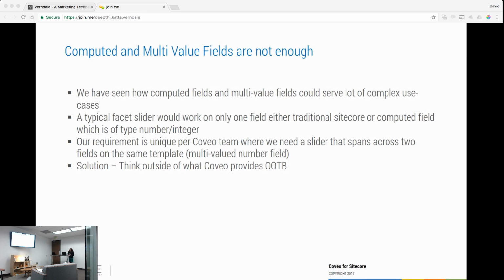The problem is that the facet slider can only accommodate one field, one number field, and that's pretty much it. It can't accommodate a multi-value field. In our case, there was the neighborhood and the price. The price was min price and max price on the neighborhood, and we had no way to span through the two fields on the same template. So how we battled this is